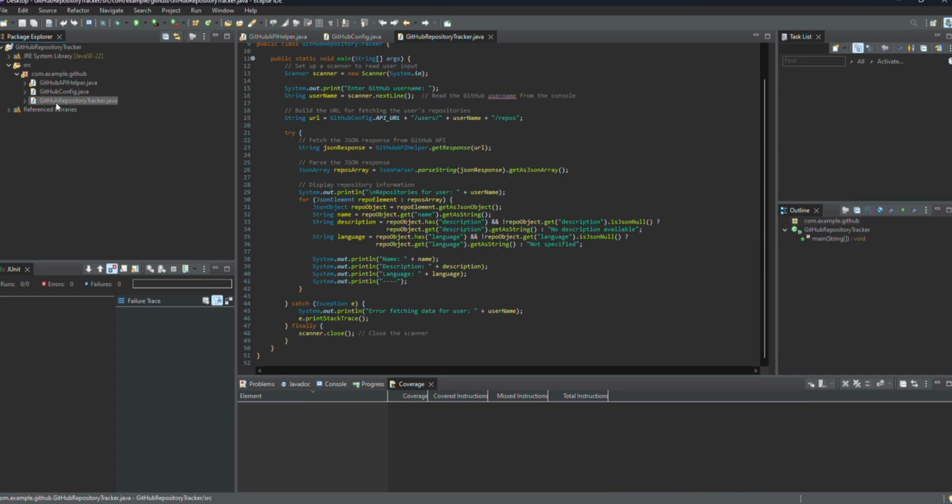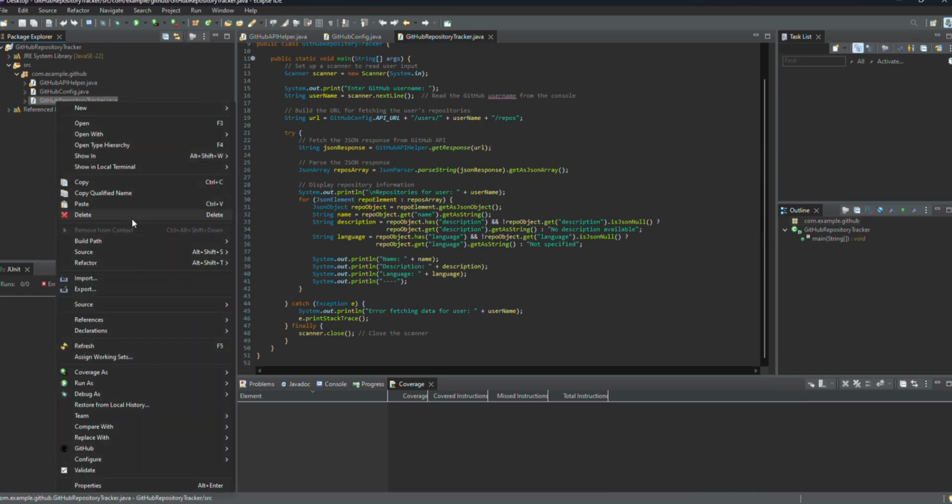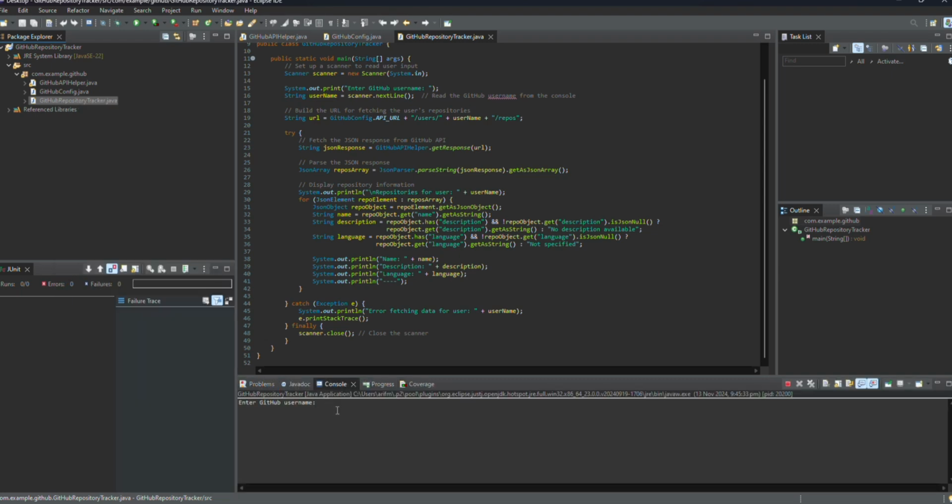Gson is a powerful JSON parsing library that makes it easy to navigate JSON objects and arrays in Java. With Gson, we can extract details like repository name, description, and language with minimal code. Using a library like Gson keeps the code clean and more readable, and it handles the complexities of JSON parsing for us. To give you an idea how the code handles errors,